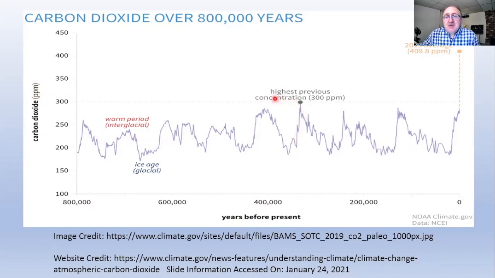So for example, the highest previous concentration before the recent past was 300 parts per million, or ppm, over the last 800,000 years. And what does parts per million mean? Well, parts per million basically means, for example, if you were to take a container about 1 cubic foot in volume, and you were to sample the atmosphere, and you took this container back to a laboratory and analyzed it in this chemistry laboratory,